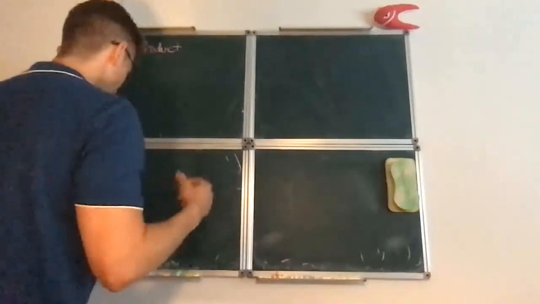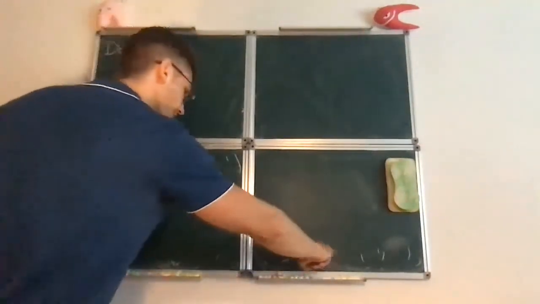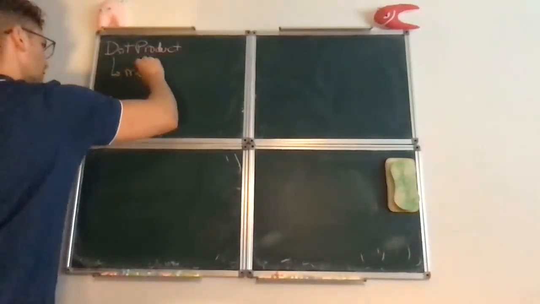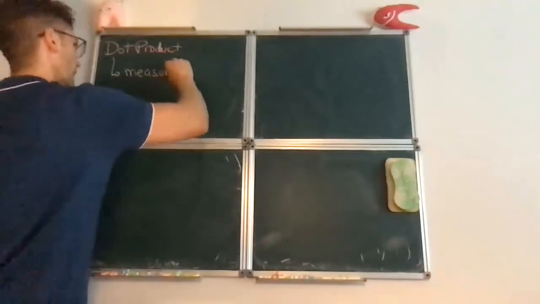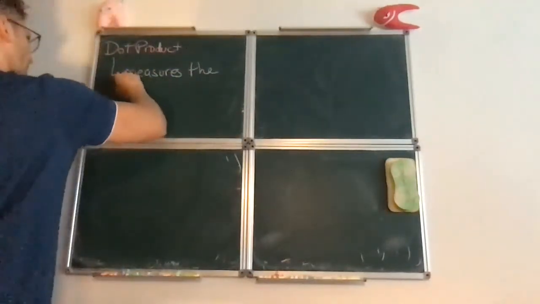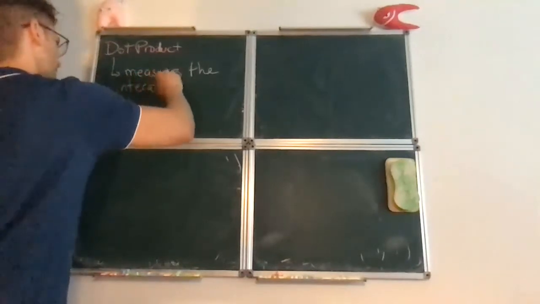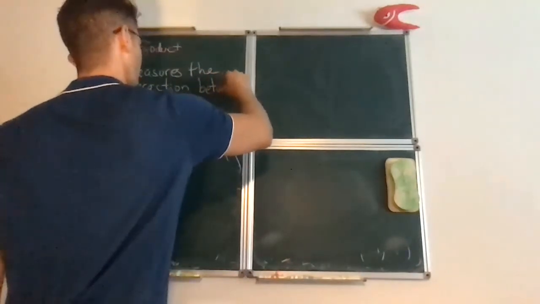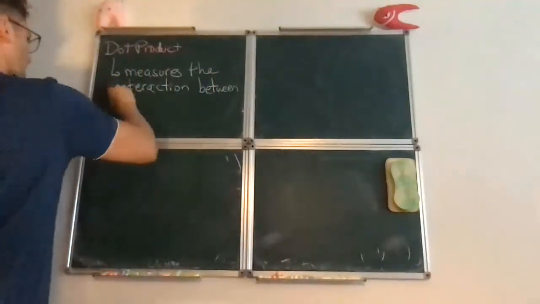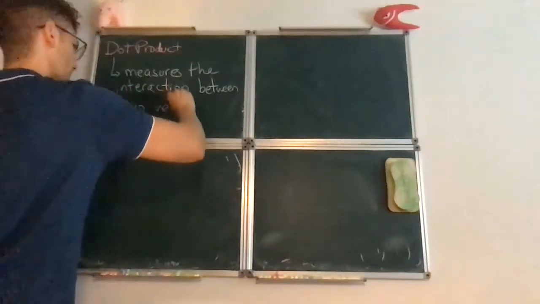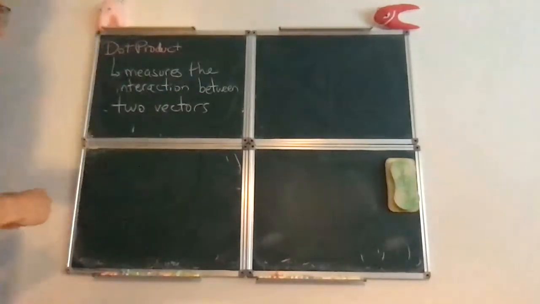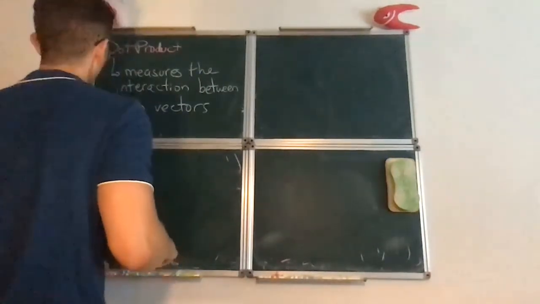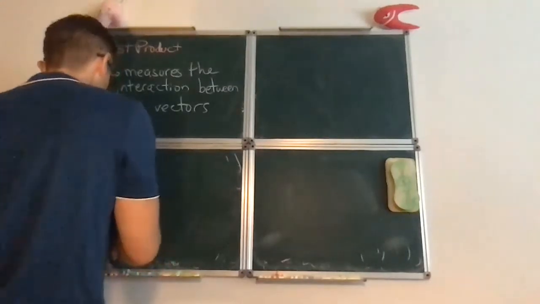So what's the key idea? With the dot product, you should think of it as measuring the interaction between two vectors. Okay. So what I mean by that is that what we will do with the dot product is that we'll take two vectors, say u and v,